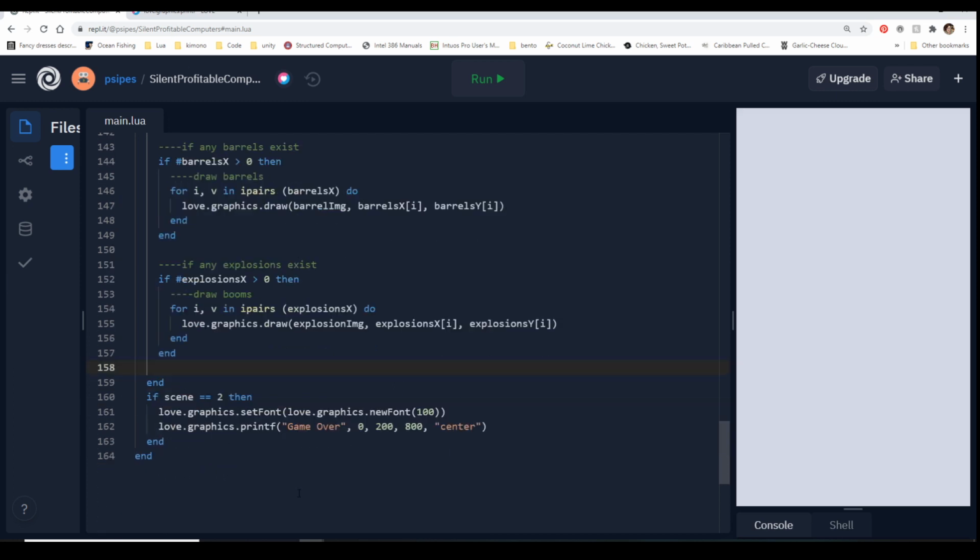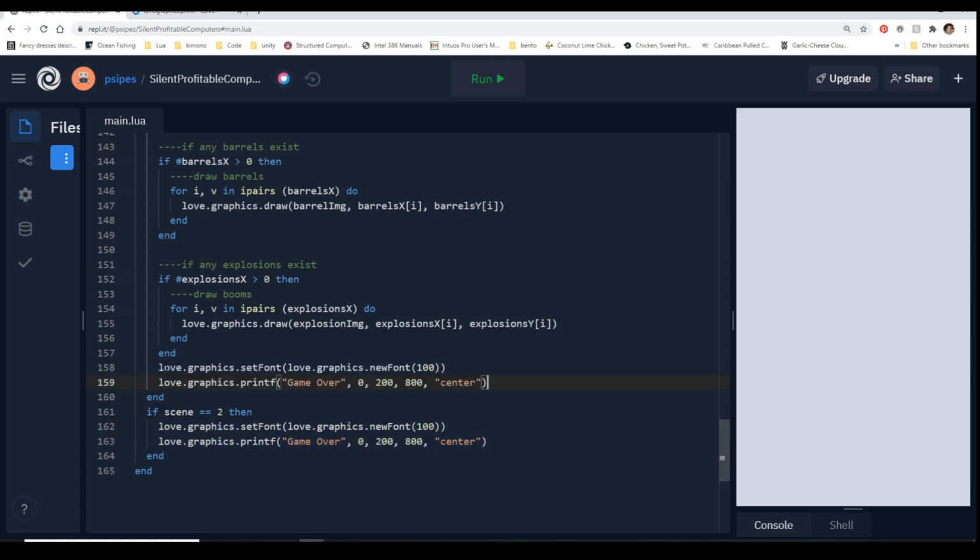So we can copy this, because this is sort of what we want to do, and paste it. We know that this font needs to not be this big, so let's say the font's going to be 25, because that's a pretty safe bet. We know what we want to print is the score, with the colon and then whatever the score is going to be.